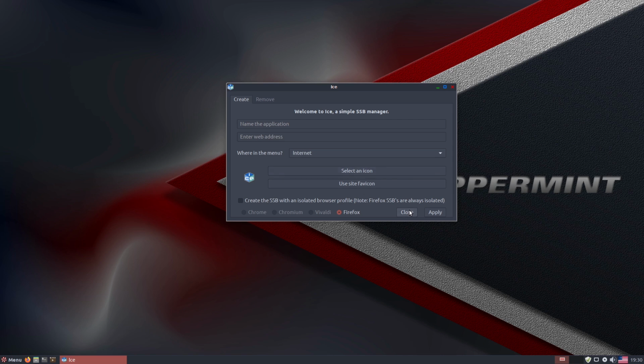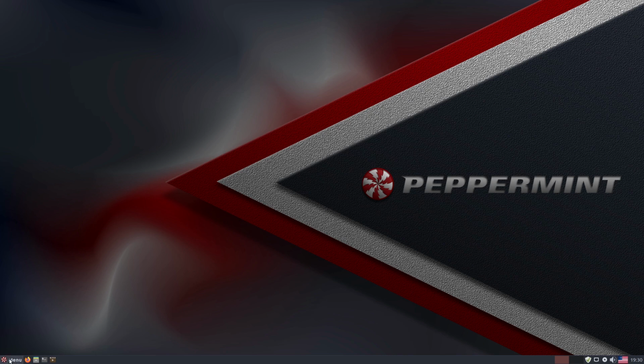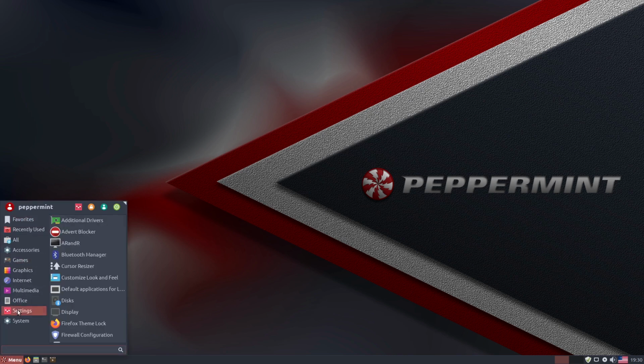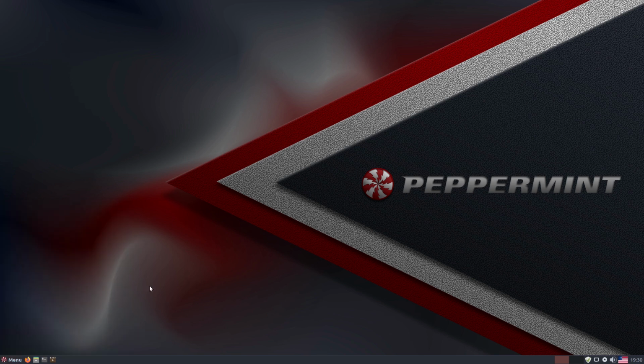So that is actually one of the excellent features inside of Peppermint. We also have other cool tools like the advertiser blocker. This is going to add a lot of things to your host file. However, I am going to point out here that if you're using the advert blocker and then you go ahead